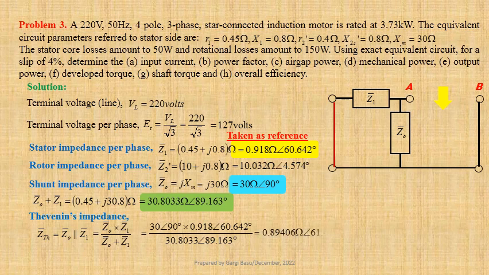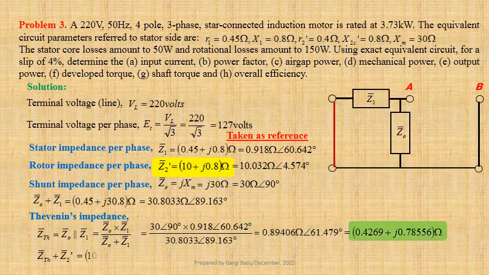0.89406 ohm at an angle 61.479 degree. This may be written in Cartesian form as 0.4269 plus J times 0.78556 ohm. Now we shall determine Z Thevenin plus Z2 dash. Using values we get 10.4269 plus J times 1.58556 ohm. This may be written in polar form as